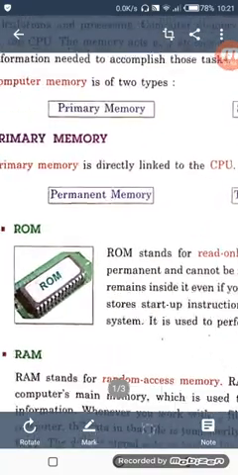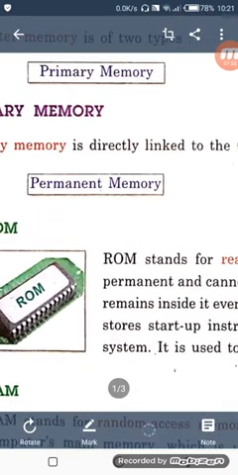Okay, this is how ROM looks. I will give you an example of ROM also. Whatever kind of data is stored permanently on a personal computer and other electronic devices, such as our smartphones, tablets, TV, AC, SIM card, whatever data is present on all those electronic devices is an example of ROM.